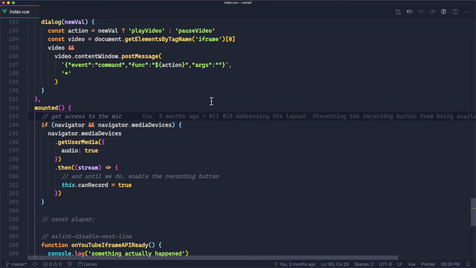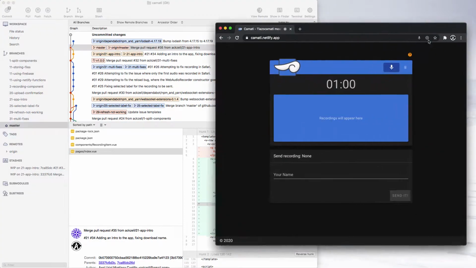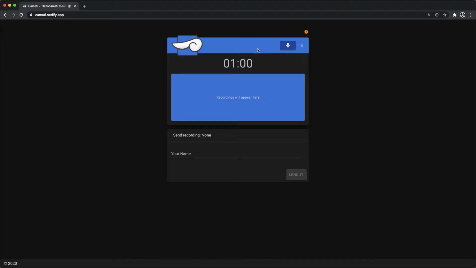So let me get rid of that, and this is what the application looks like. I like Vuetify because it allows me to not have to worry about the UI items and the layouts and the things that would probably take me a lot more time to implement. But now that I know how the application should look, that it has a toolbar, a countdown timer, a layout, a list for the recordings, and all of those little things, I'm probably able to do that on my own, but I guess in this case it's not going to be necessary. I enjoy using Vuetify to first create the layout,